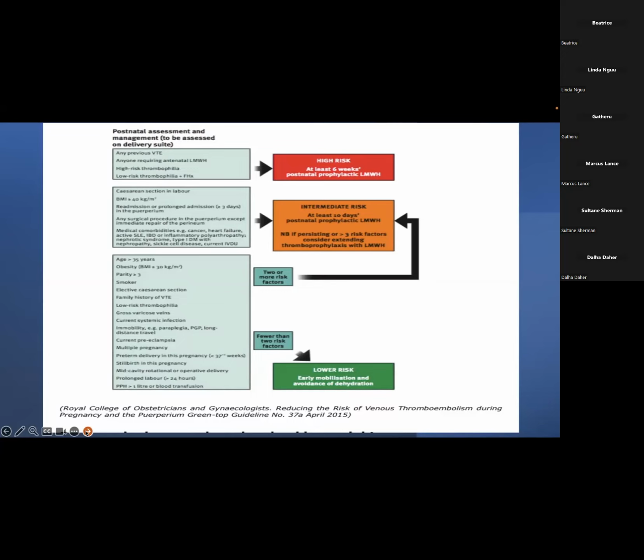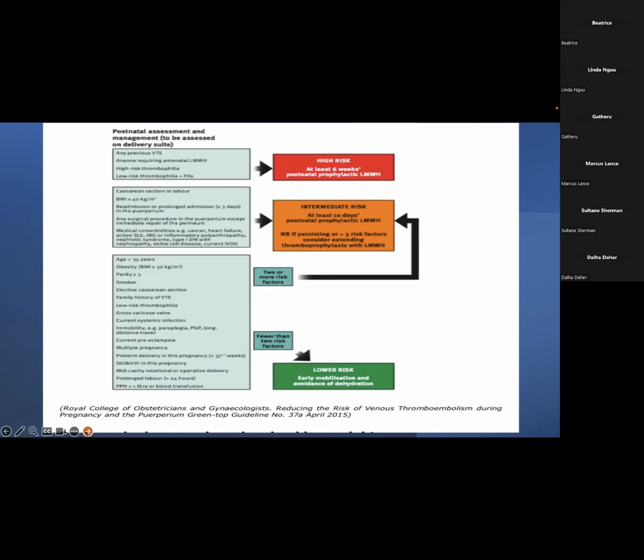If the age is greater than 35 years, if there is obesity with a BMI of 30, if the parity is greater than 3, if the patient is a smoker, if it is an elective section, family history of VTE, low risk thrombophilia, gross varicose veins, current systemic infection, immobility such as paraplegia, current preeclampsia, multiple pregnancy, preterm delivery